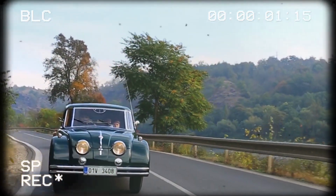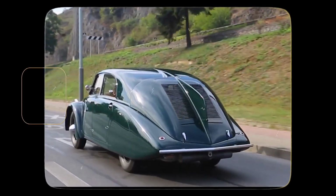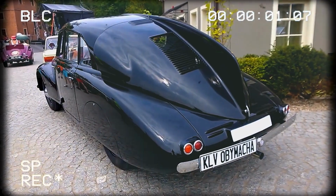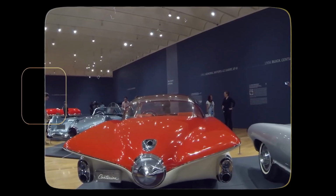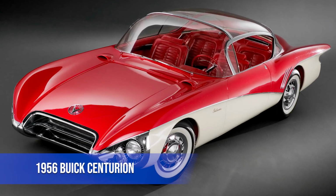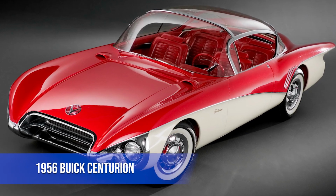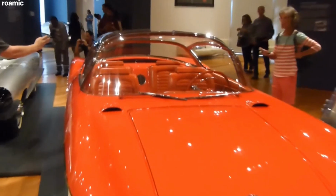From a bubble-topped marvel that looks like it's straight out of a sci-fi flick, to a land shark with a fin, and a dual-cockpit speedster that's more spaceship than car, these are the three most weird and strange cars you won't believe exist. The 1956 Buick Centurion is a fascinating piece of automotive history that leaves you wondering what the